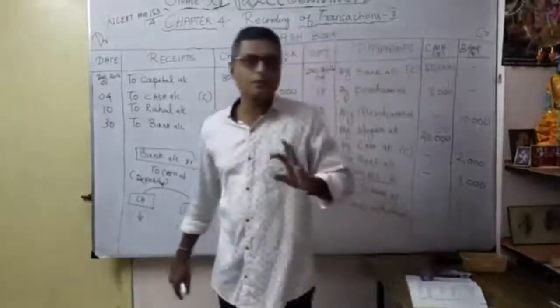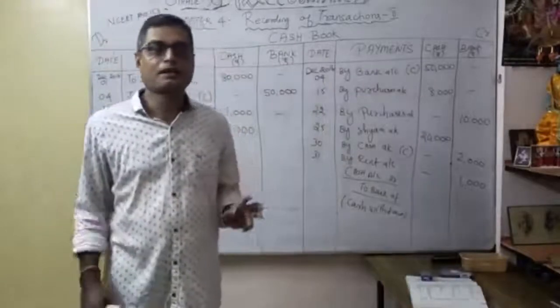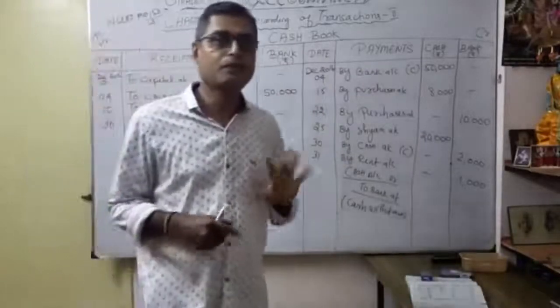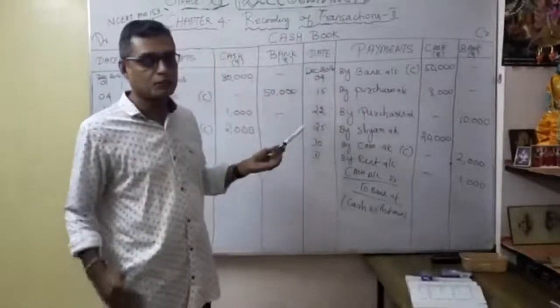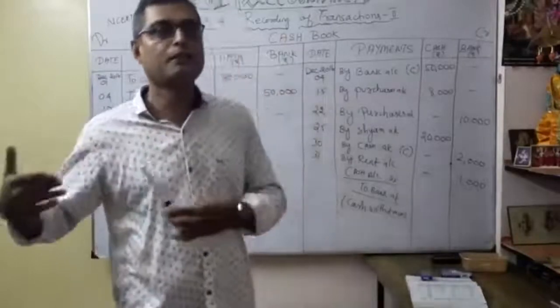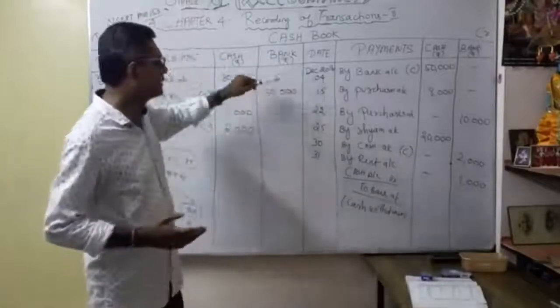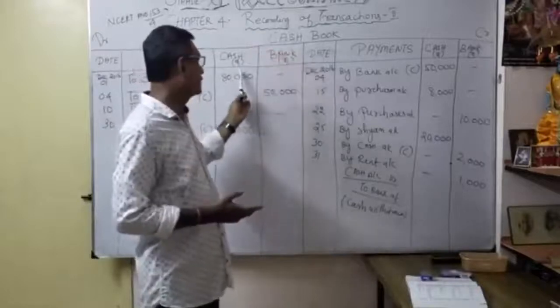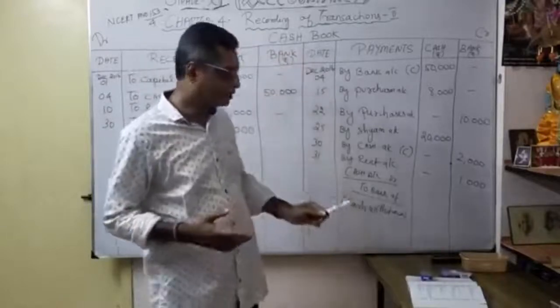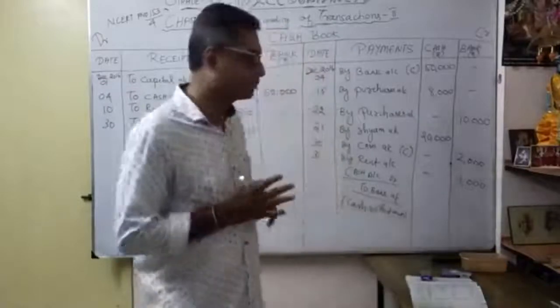So the only thing you learned is how to do the cash deposit into the bank. Similarly, cash withdrawn from the bank. Same in a cash book under two columns, cash and bank dealings. No need to open a separate book for the bank. Both the cash and bank are contained in the same manner, in a single cash book. That's what is called the double column cash book. Okay, so we completed all the transactions. Now let's see how we are going to do the balancing.